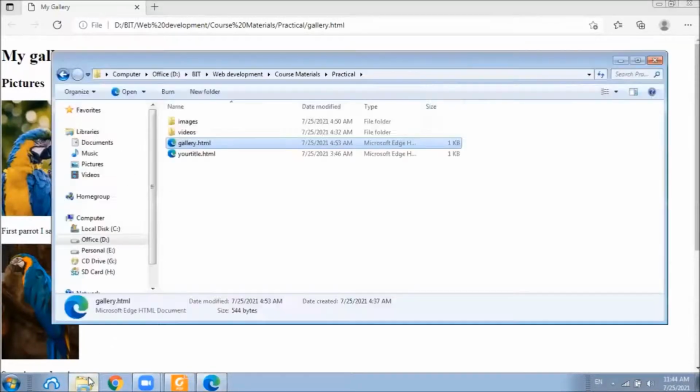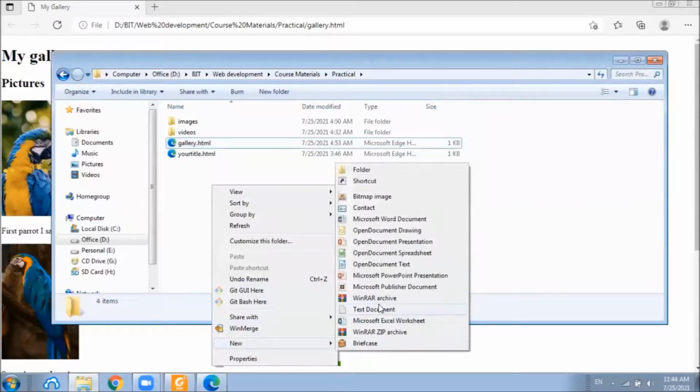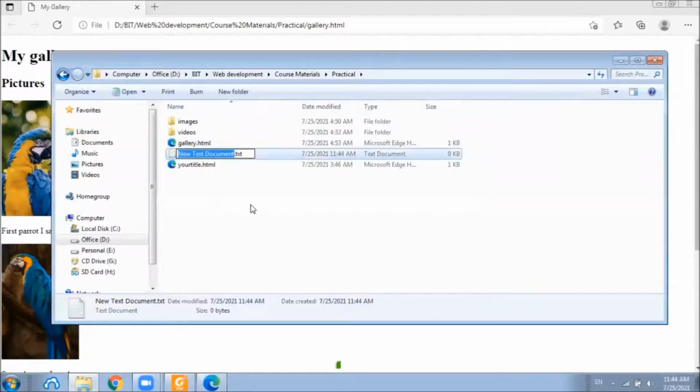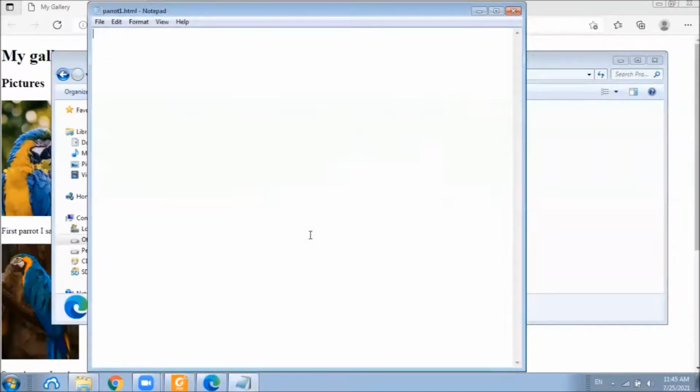In order to do that, we are going to create a new HTML file called parrot1.html. In this parrot1 HTML page, we will define the necessary HTML element, head section and body section.